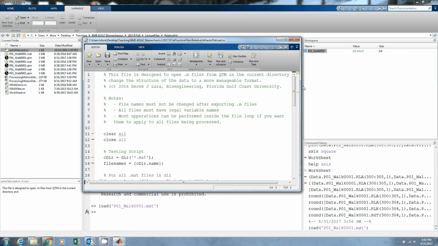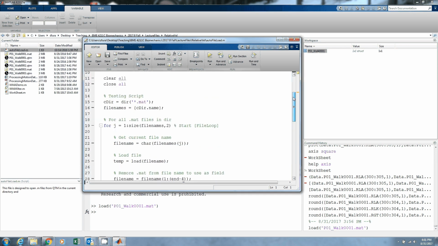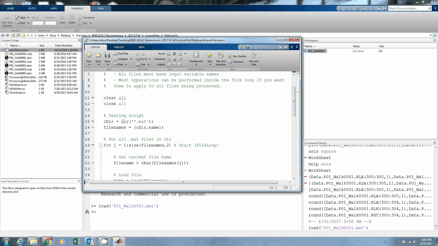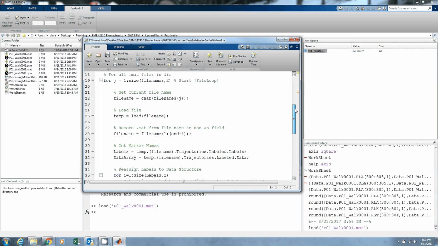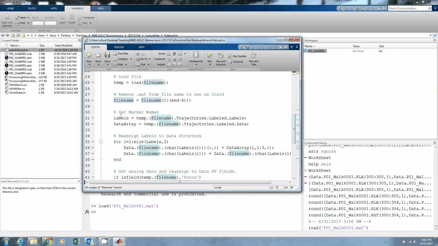And I'll post a more detailed video on how this works. But for now, all you really need to know is that it's going to get the current directory. So it's very important that autoFileLoad be in the same directory as whatever files you're trying to load from the exported .mat files from Qualisys into a more manageable format. It's going to get all the names, make an array of those names, load the data from each file sequentially, and then save that data based off of the name of the labels from the trajectory data,